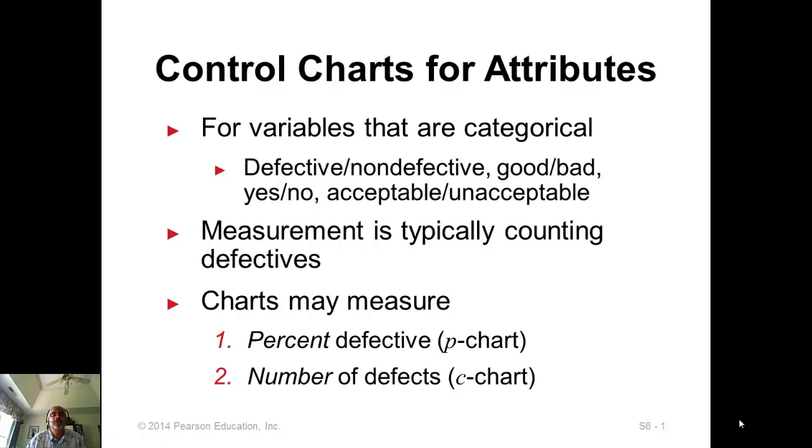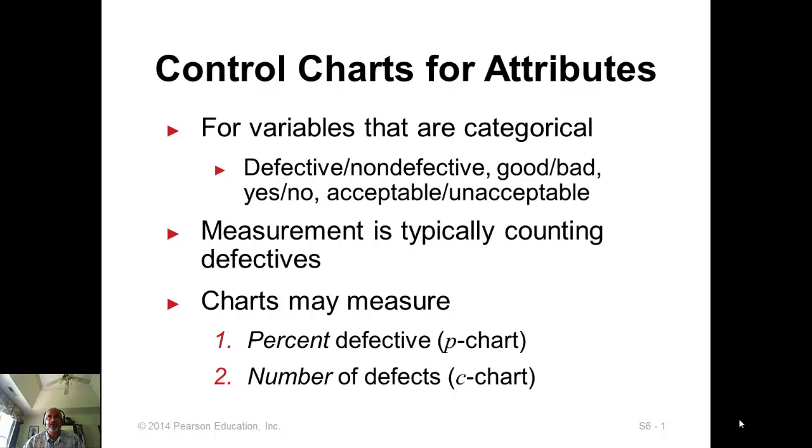Next is control charts for attributes. For variables that are continuous, like measurements and temperature, the charts that we use are X bar and R charts. But when we have categorical variables, like whether it is good or bad, defective, non-defective, yes or no, acceptable,